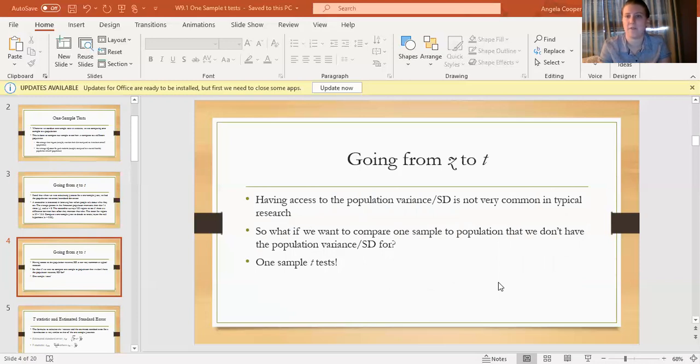So when we don't have the population standard deviation, but we still have a one sample test, we would use